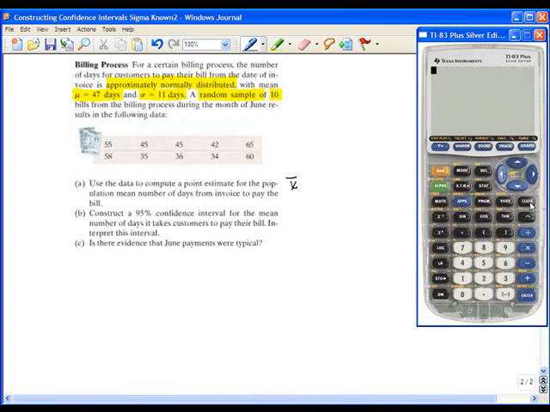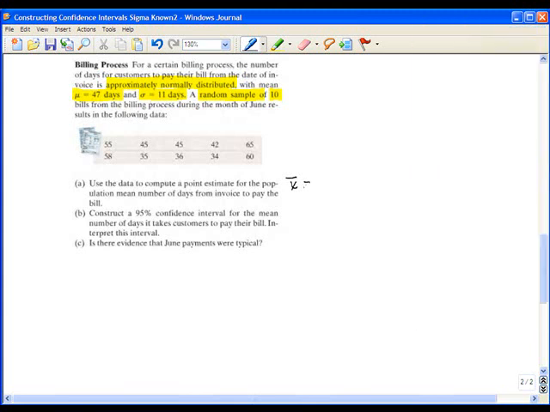To find my average, I'm just going to add these up: 55 plus 45 plus 45 plus 42 plus 65 plus 58 plus 35 plus 36 plus 34 plus 60, divided by 10. My original data did not have any decimal places, so when I find the mean for my sample, I will round to one more decimal place than the original data. So I'm going to keep the entire value here of